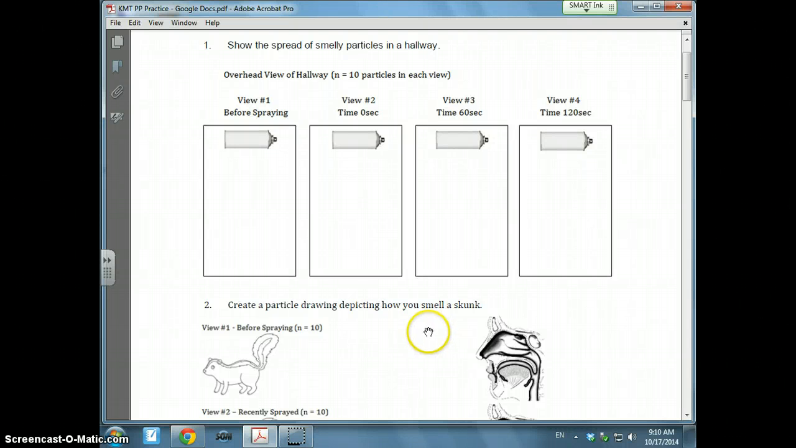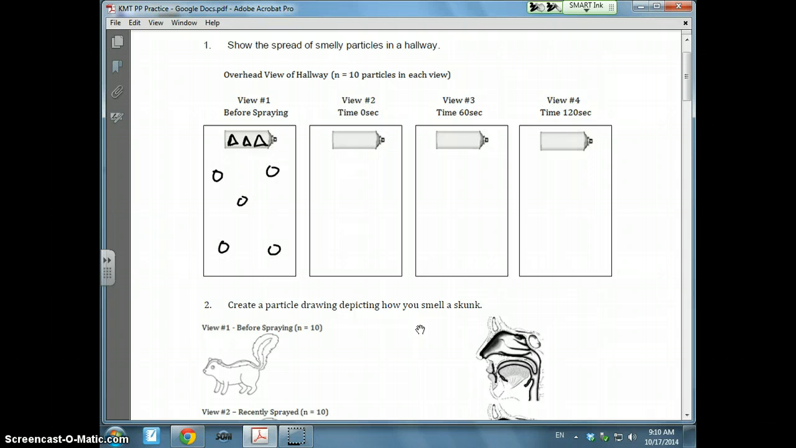I'm just going to make a quick answer key here for the homework that was assigned and try to follow all of the rules that we came up with. View number one, spread of smelly particles in a hallway. I'm going to make smelly particles be triangles, and I'm just going to show 3 of them. Outside of it, I'll keep it easy,